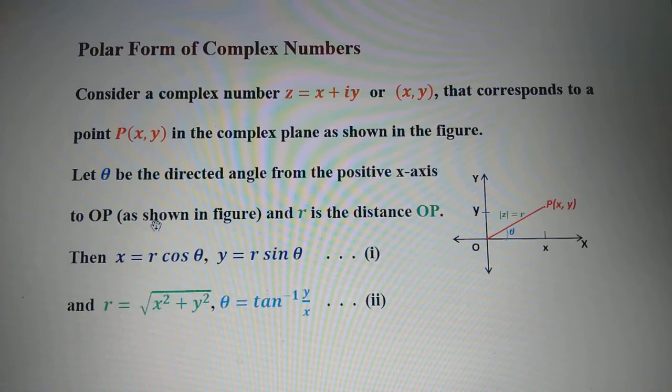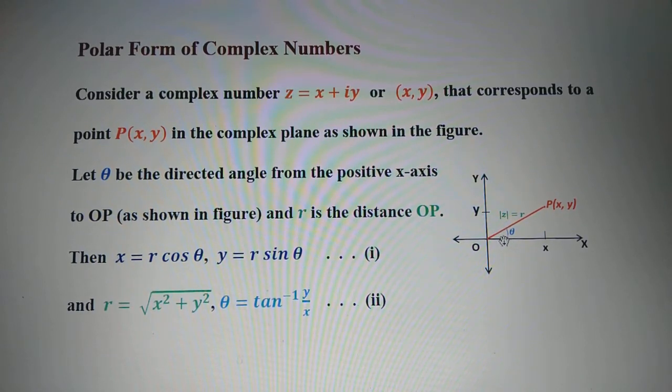So that is very clear from this diagram. You can take the point or any complex number. Complex number कहाँ हो सकता है? Either in first quadrant or in second quadrant or in third quadrant or in fourth quadrant. So this theta varies from, if the point is on the x-axis, theta is 0, and if the complex number is represented by the point and that point is on this y-axis, then theta is pi by 2.